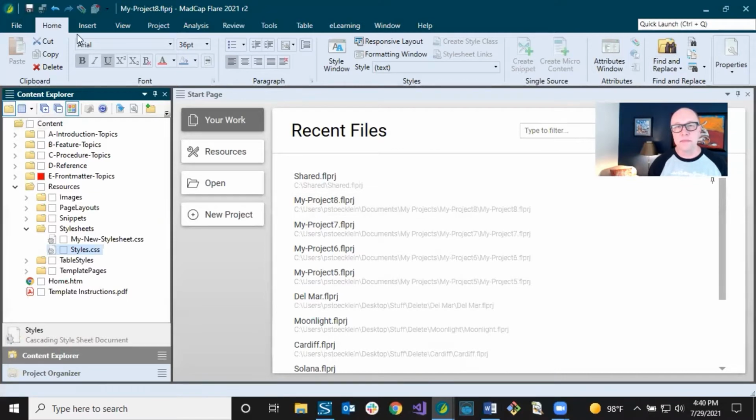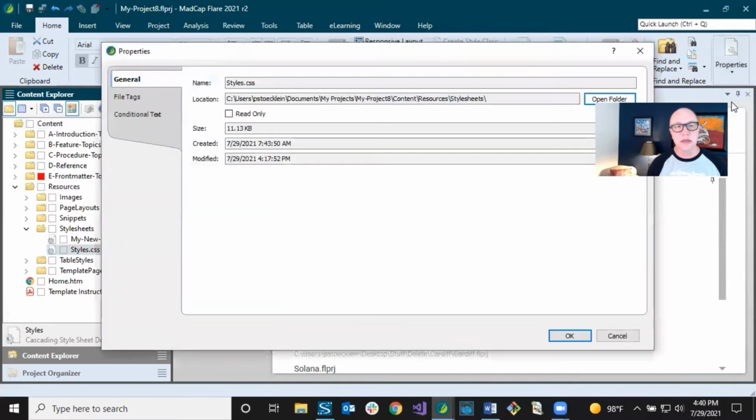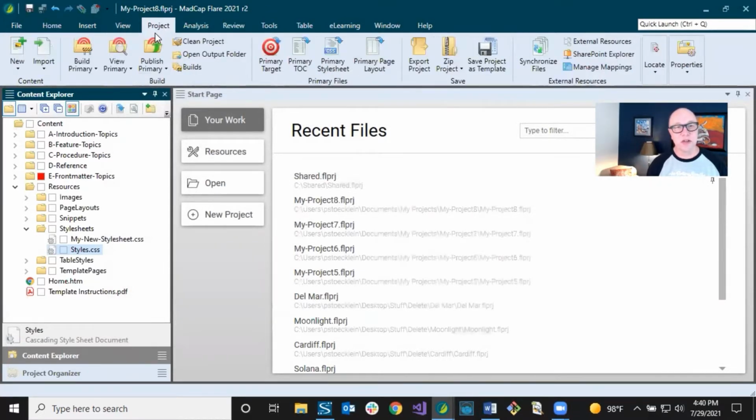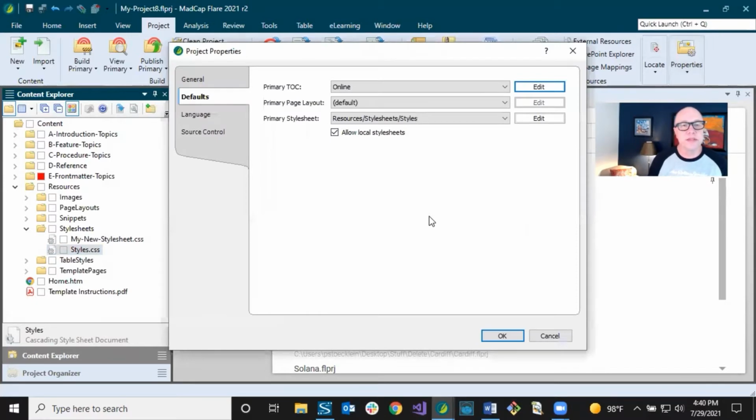So I could come into my home ribbon all the way over to the right, and you see properties. And oh, sorry, actually, there's a couple of properties dialogues. I picked the wrong one. It's actually in the project ribbon, and you select project properties right there. This is the one. So you open this thing up and you go to the defaults tab, and you have this primary style sheet field here. And all you need to do is select which one you want to use for your